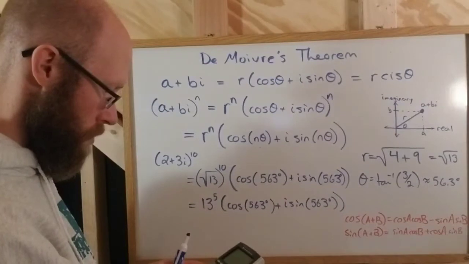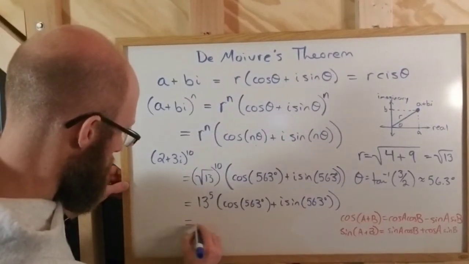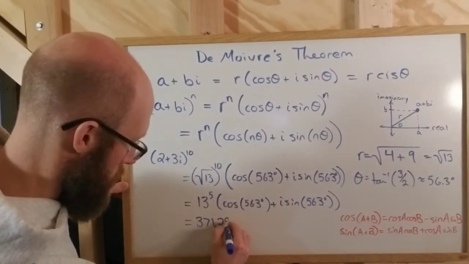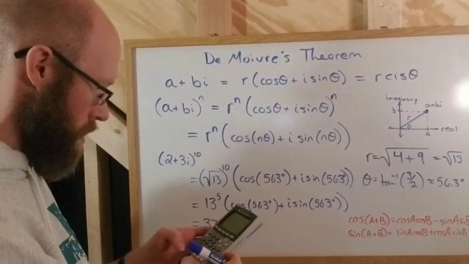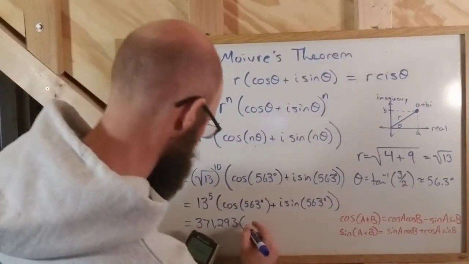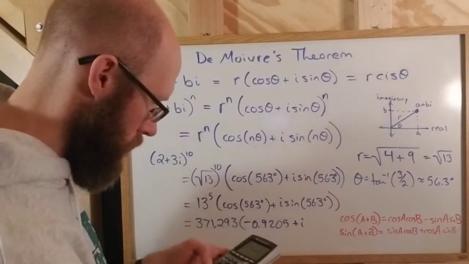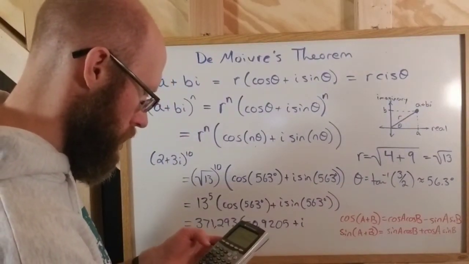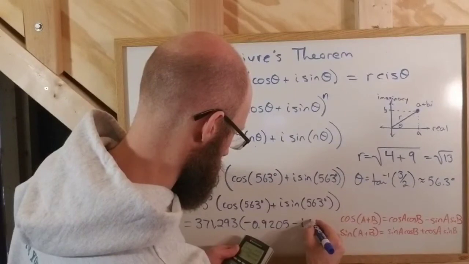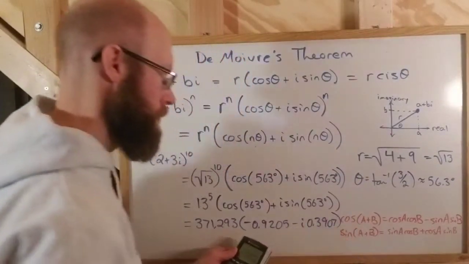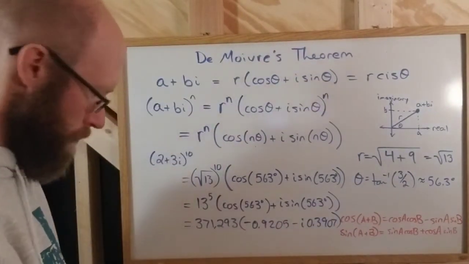So first of all, 13 to the 5th power is not a small number. It's 371,293. The cosine of 563 is negative 0.9205 roughly. And the sine of the same thing, 563, is negative also, 0.3907 roughly, okay? And so if I multiply my magnitude here times those two things,